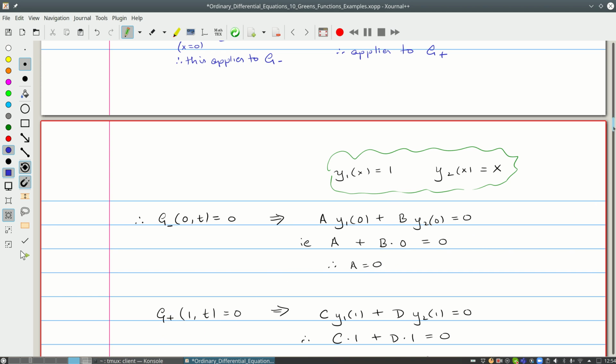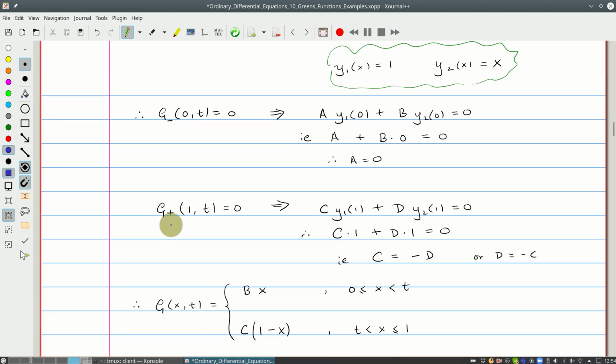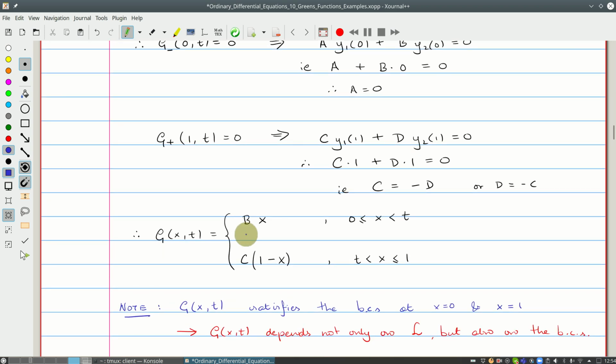The second boundary condition on the right hand side is applicable to g plus. It says that g plus evaluated at x is equal to 1, any value of t, that's 0, which means c times y1 of 1 plus d times y2 of 1 is 0, or c times 1 plus d times 1 is 0, or c is equal to minus d, or as I've used it, d is equal to minus c. You can put this into the Green's function, and that gives you a Green's function now with only two